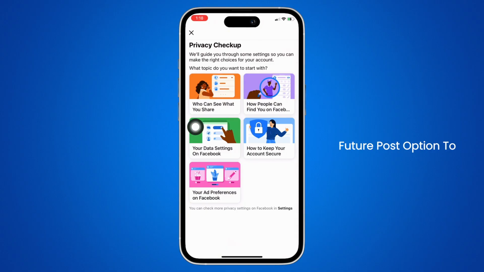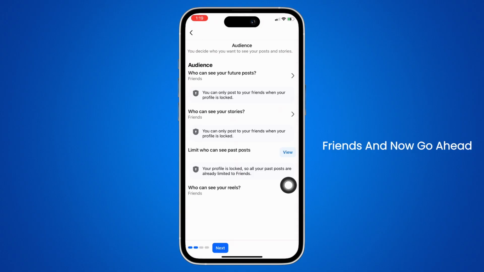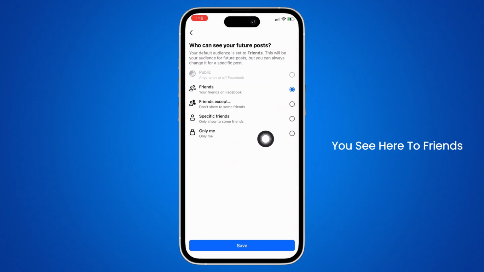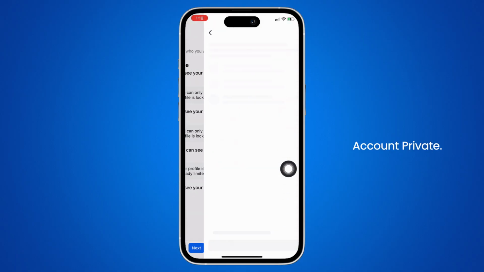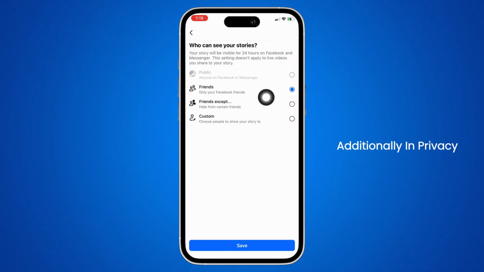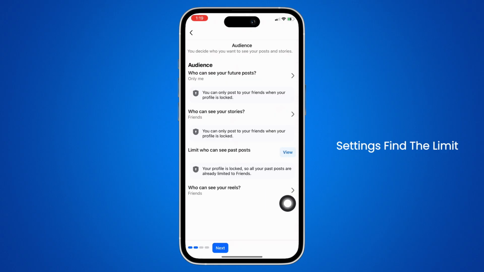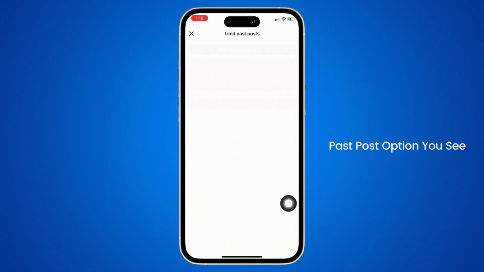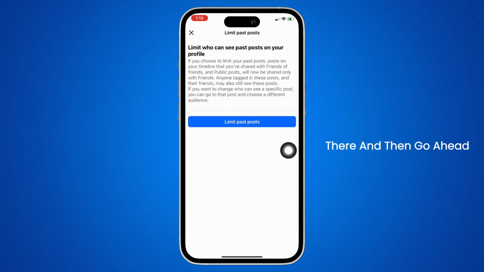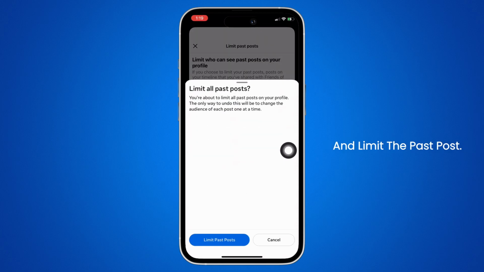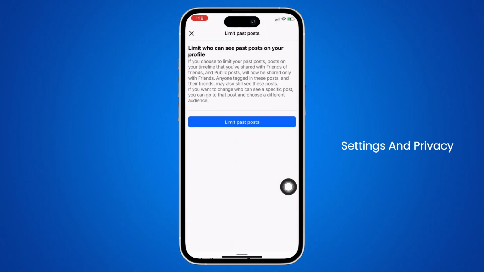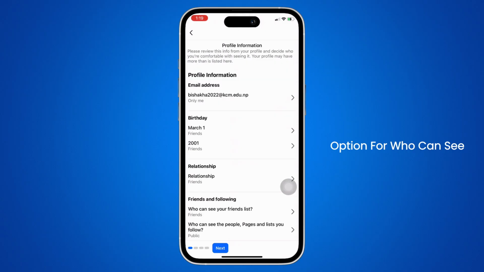on the set future post option to friends and now go ahead and set all the options you see here to friends or only me. This is one of the most effective ways to make your Facebook account private. Additionally, in privacy settings, find the limit past posts option you see there and then go ahead and limit the past posts. Further, go ahead and in settings and privacy again, you will see the option for who can see